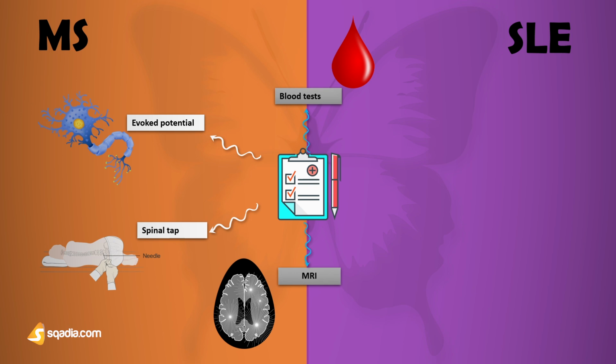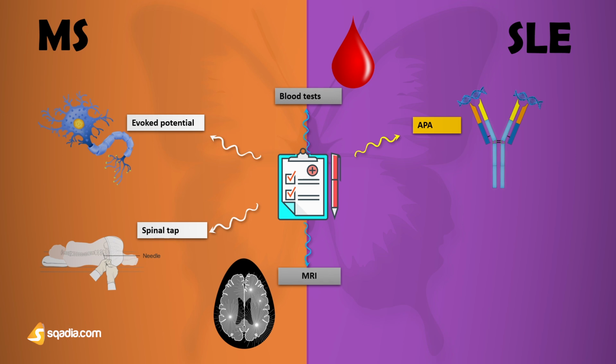When will we do that? We will do that if the patient is suspected of MS. And another test, which is the antiphospholipid antibody test, also called lupus anticoagulant, can be used to distinguish the two, because it increases the ability of the blood to clot in lupus patients specifically.